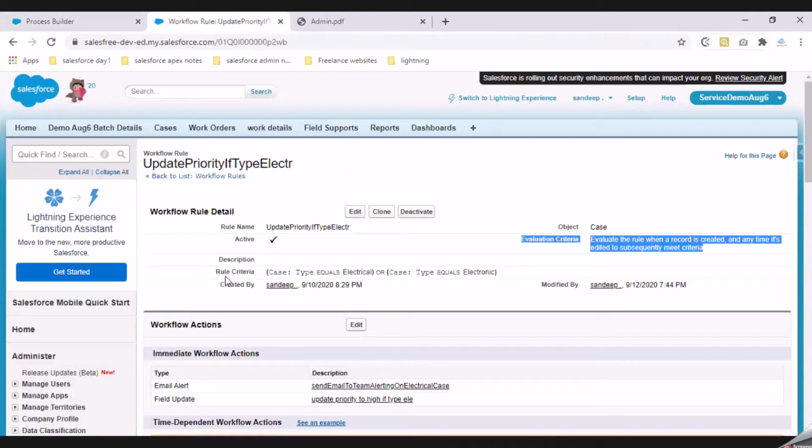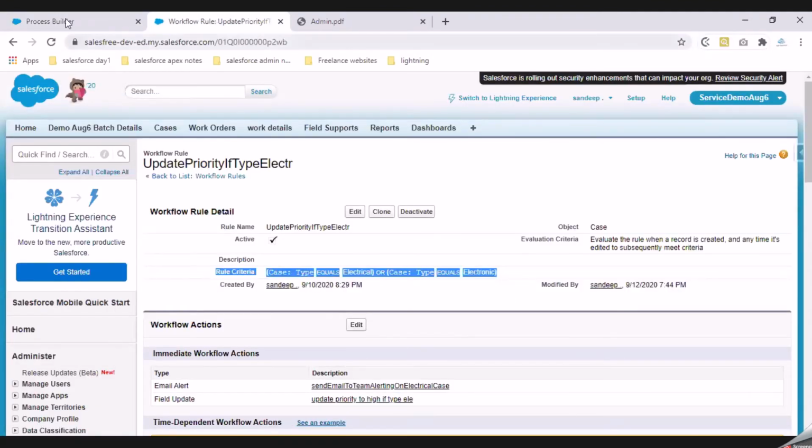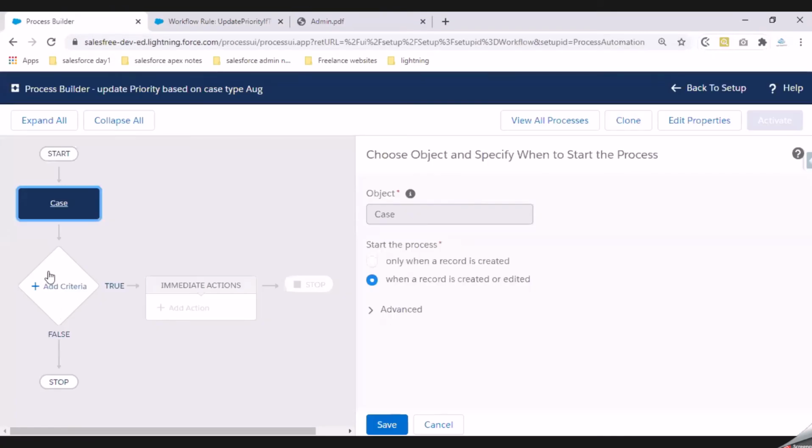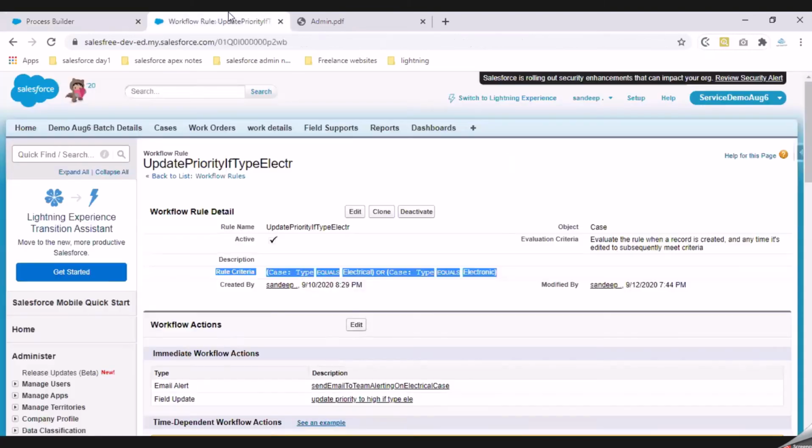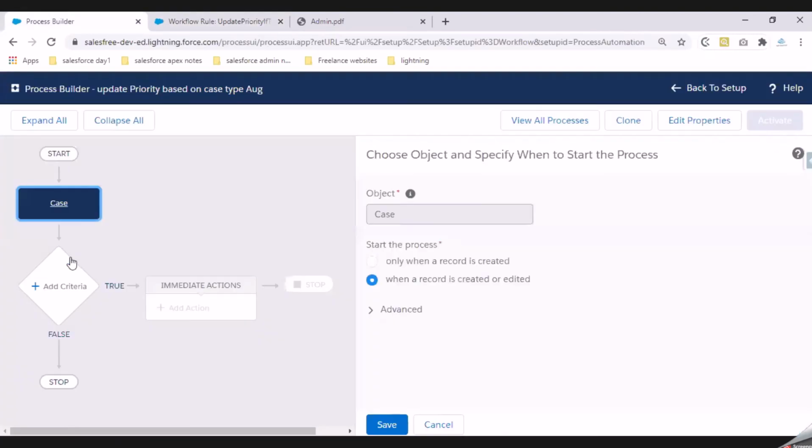Now, what about this rule criteria that we need to define? This rule criteria that we have in the workflow rule should basically be set in your decision box in a flow chart.